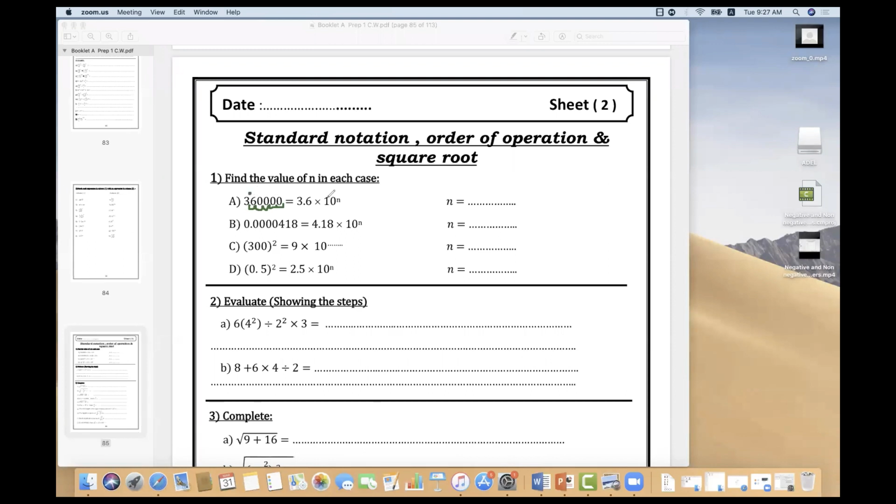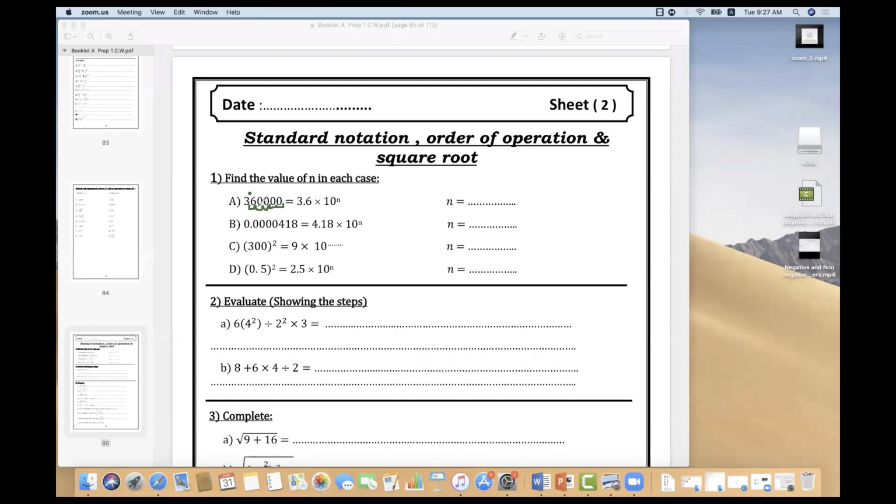Because it should be bigger than or equal 1 or smaller than 10, to belong to my range, right? So it will be 3.6 times 10 to the power of